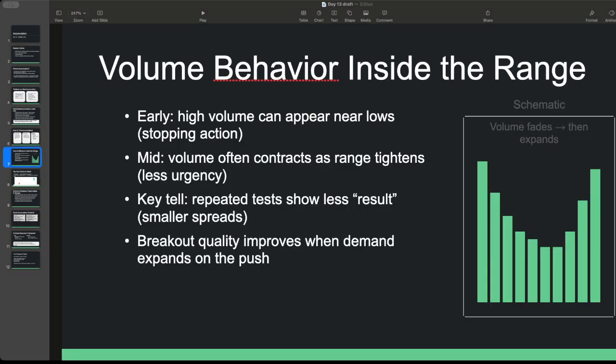So volume behavior inside the range usually looks something similar to this. Volume initially is high, right? And the reason for that is because of the sell climax that appears. For a name to exit out of a stage 4 and put an end to a downtrend, you want to see an increase in volume. Guys, always keep in mind, whenever you're looking for a name to potentially do something, whether it's to end a downtrend, start an uptrend, exit out of a base, or have some sort of parabolic top